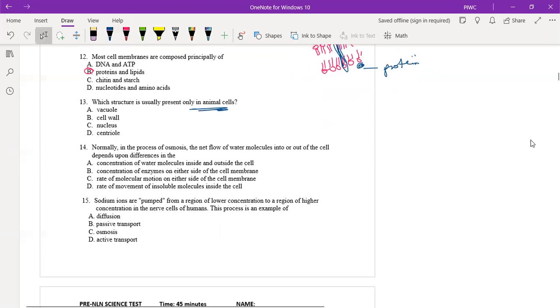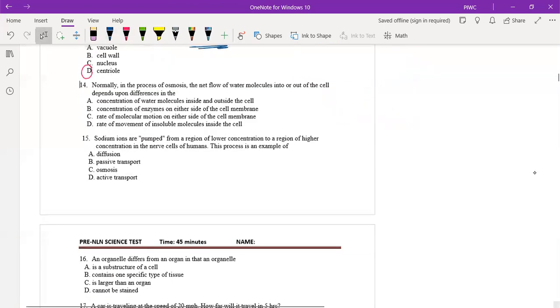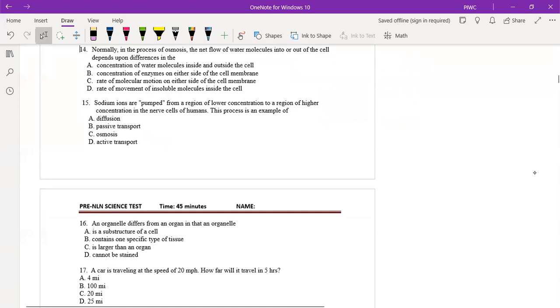Vacuole, cell wall, nucleus. D, correct. Central. So if somebody sees a central, the person looking at the animal cell. Central. Perfect. Okay. Normally in the process of osmosis, the net flow of water molecules into or out of the cell